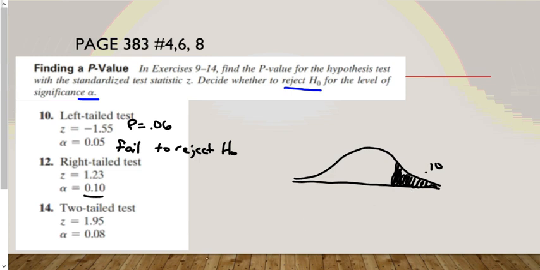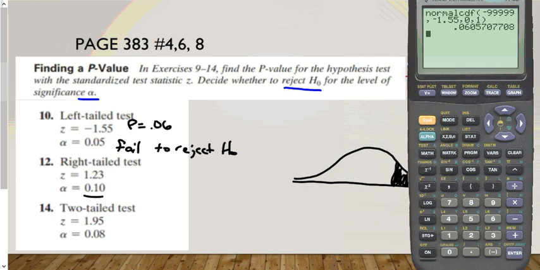There's a couple ways to do this, but we'll just go back into our TI calculator. We'll go into distributions again. And this time, go down to normal CDF. We're going to put in 1.23 as the minimum. I'll just put in a really large number for the maximum. And again, we're still going to use a mean of 0 and a standard deviation of 1. Now this gets us the area that is to the right of 1.23. And you can see that we get